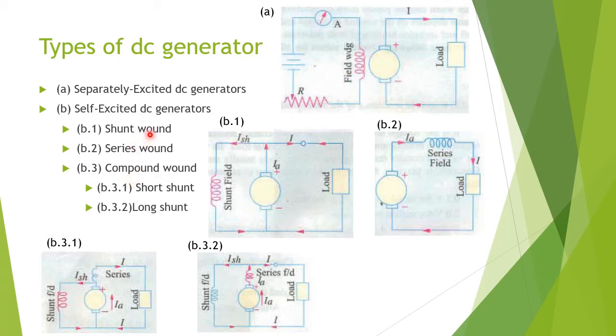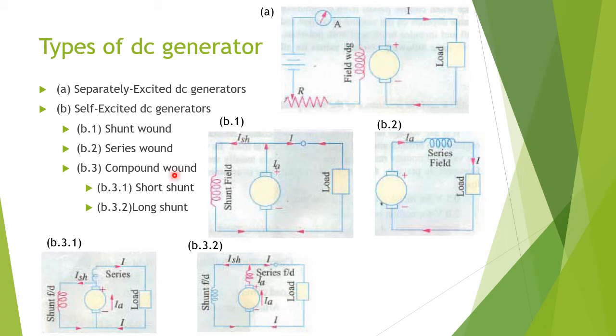In a shunt wound DC generator, the shunt field windings are in parallel with the armature. This is the armature, and it is in parallel. Direct connection. Here you saw no connection, so that was separately excited. Here there is a direct connection, and a load is there. So the current from the armature, here this is IA, supplies this field winding also. Here it is the shunt field, so it is called IS, the shunt field current. And now the output load current is taken as I.